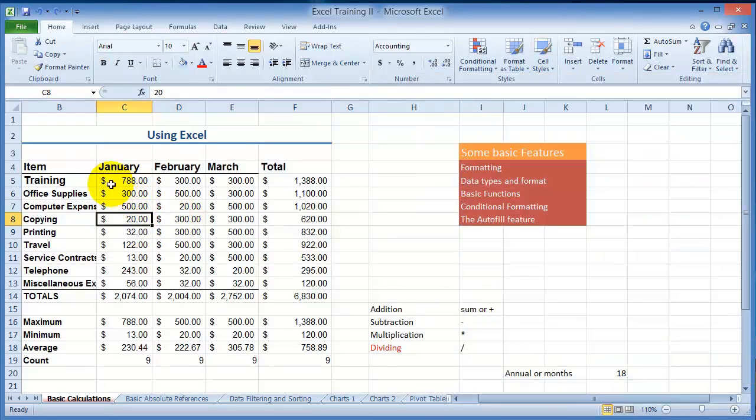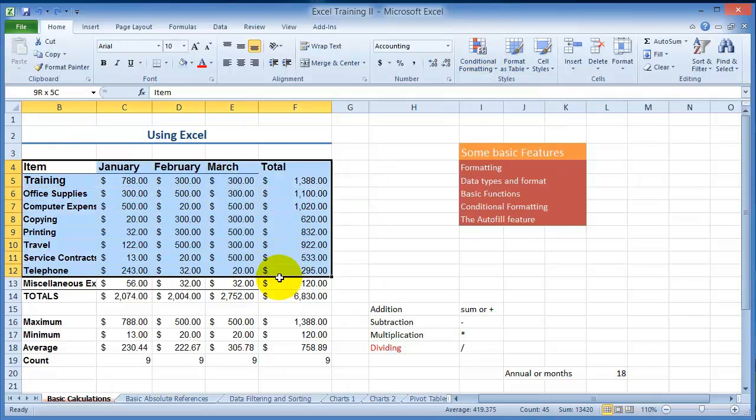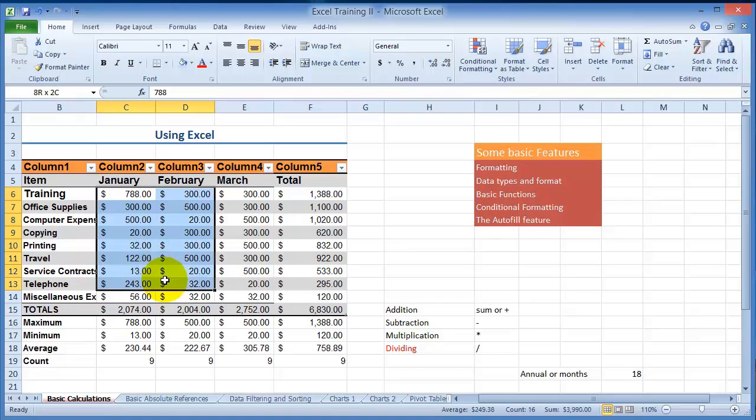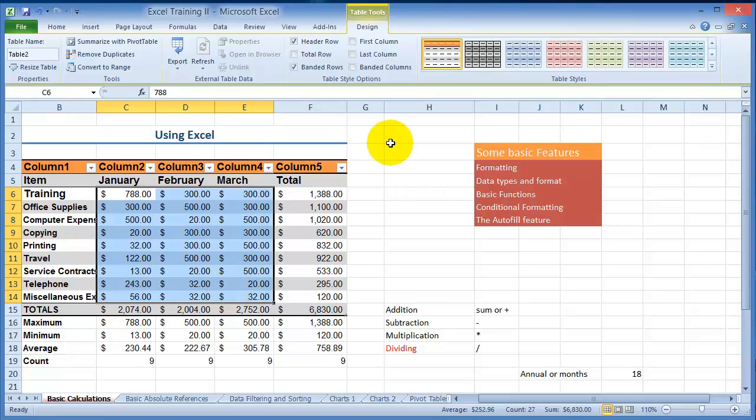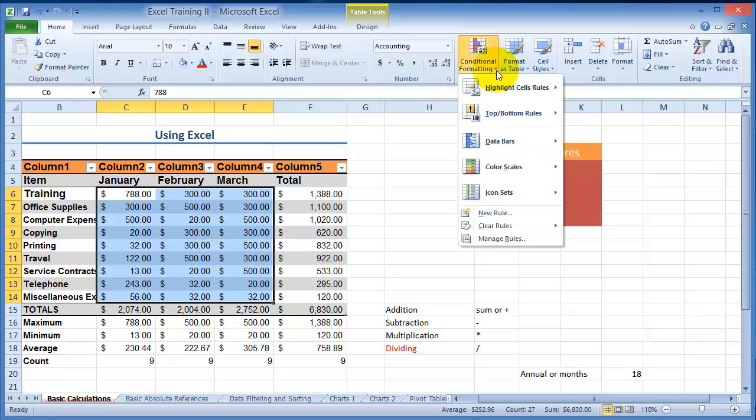Another thing that you can do is what's called conditional formatting. The conditional formatting can be based on the values within those cells. So let's say we're going to format this as a table, and at this point we want to take these values within this range and represent those values in some kind of conditional formatting. So let's say we want to point out all the values that are below average. So you go under conditional formatting, we have selected the range here, you click on conditional formatting, and then you choose